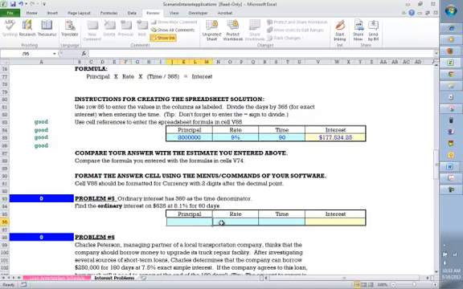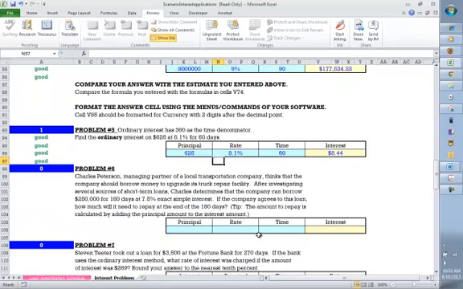Ordinary interest has 360 as the denominator, so find the ordinary interest on $625, and the rate is 0.081. The time is 60 days, so the principal times the rate times the time divided by 360, because it's ordinary interest, is $8.44. Charles Peterson, managing partner of a local transportation company, thinks the company should borrow money